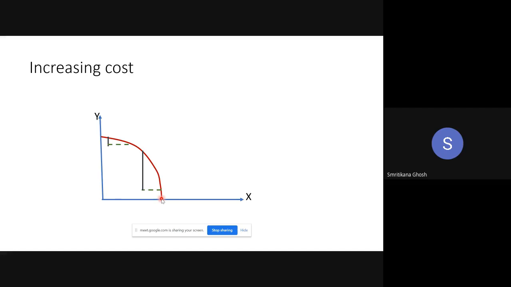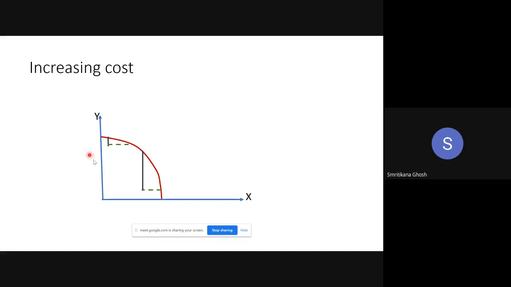But I was thinking that after that you would ask me why opportunity cost is increasing. But you didn't ask, right? Why is the opportunity cost increasing? Can you try? Do you get my point? Ma'am, is it because when the country is producing most of Y and it's moving towards X, some laborers who are specialized in production of Y are moving towards the production of X? Yes, that is the reason. That is the reason actually.